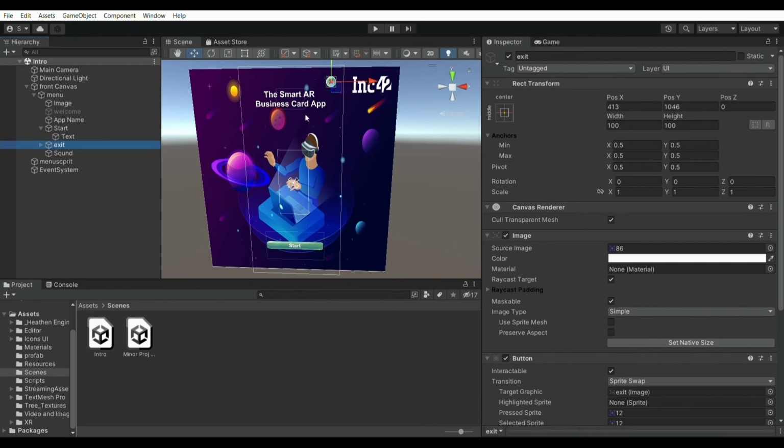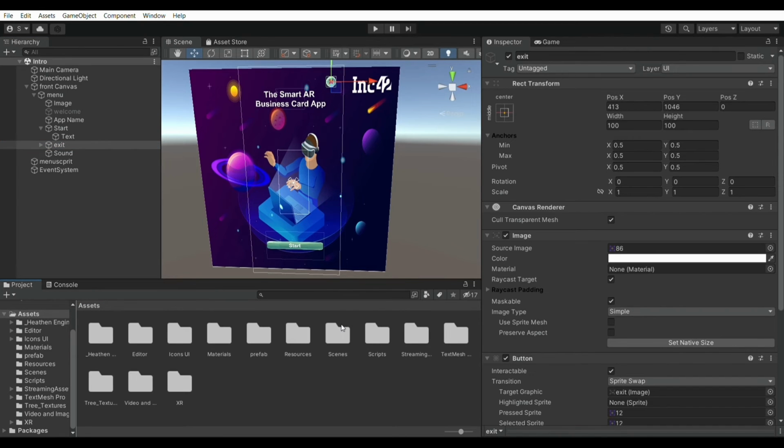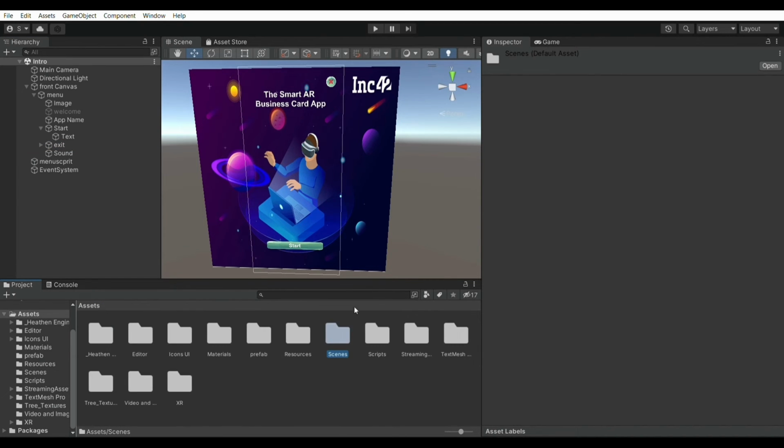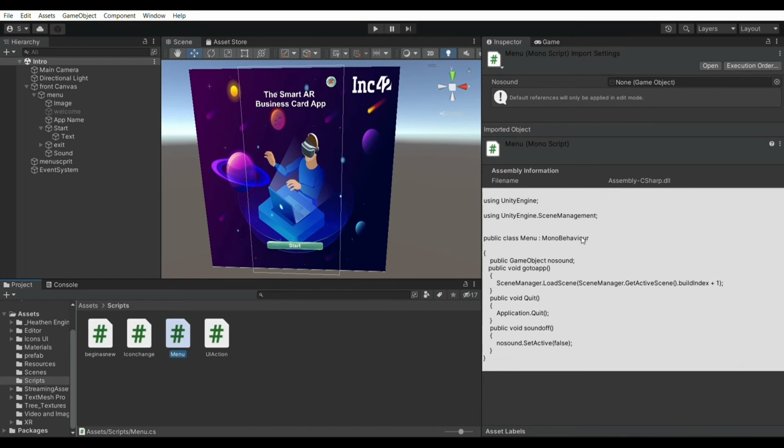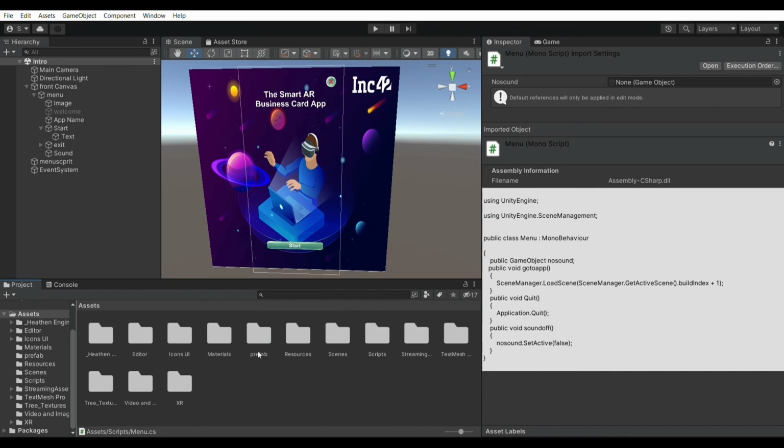As mentioned for the previous scene, in this scene also, the two buttons have different scripts. This script is named menu. This contains the code for the exit button and start button in the front page of the application. As you see, the build index, which is represented from the Unity engine, is used to change the scenes. By integration of these two scenes and the code in the background, the application runs on the Android device.